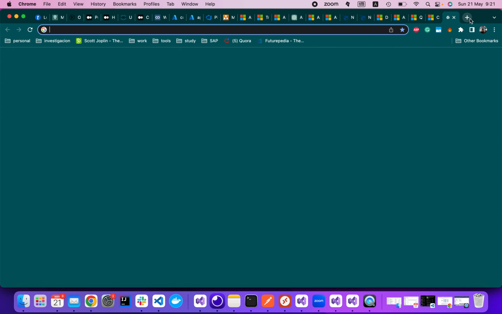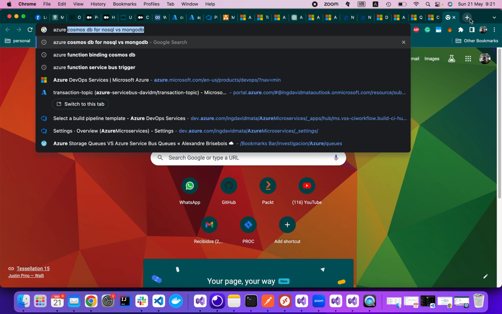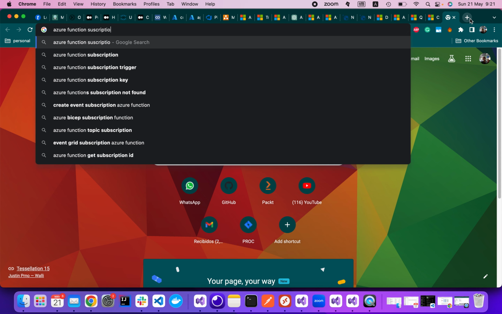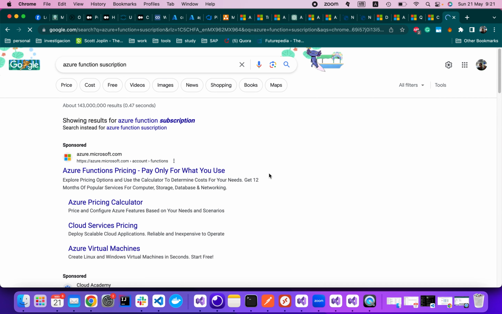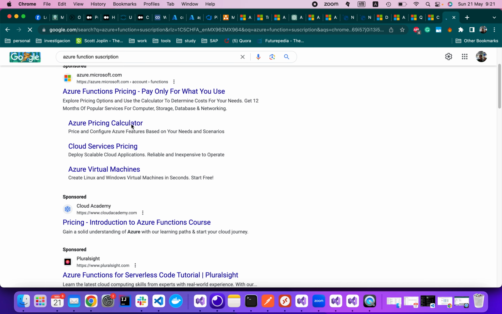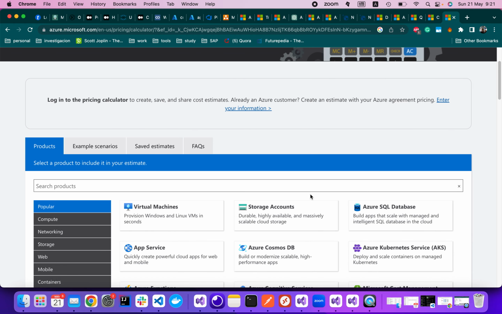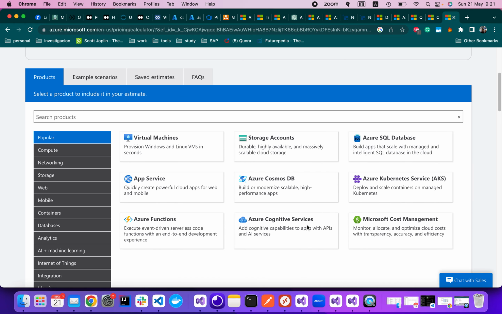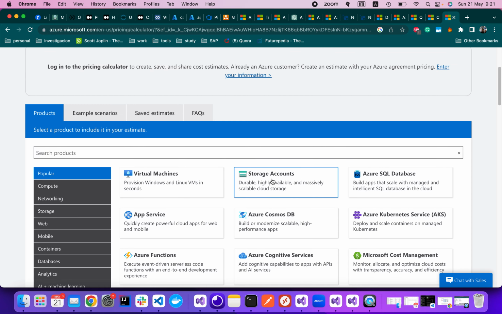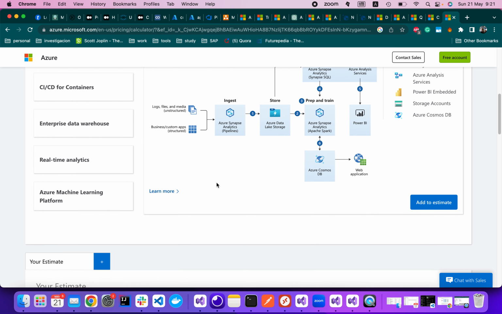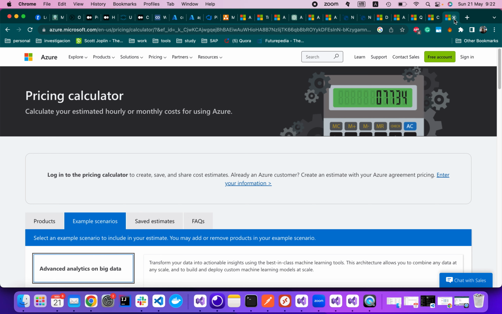The Azure Function actually has 3 types of subscription. It has the consumption, app service, price calculator,